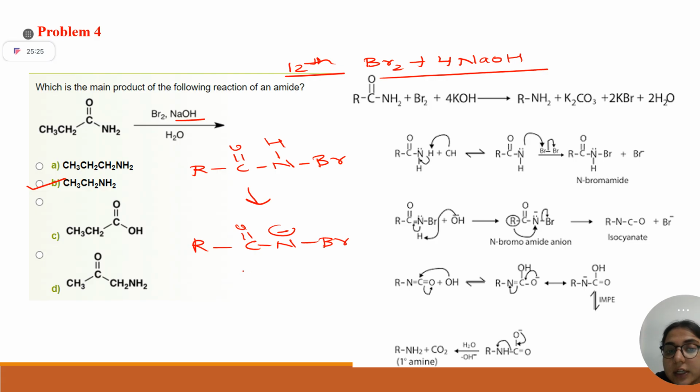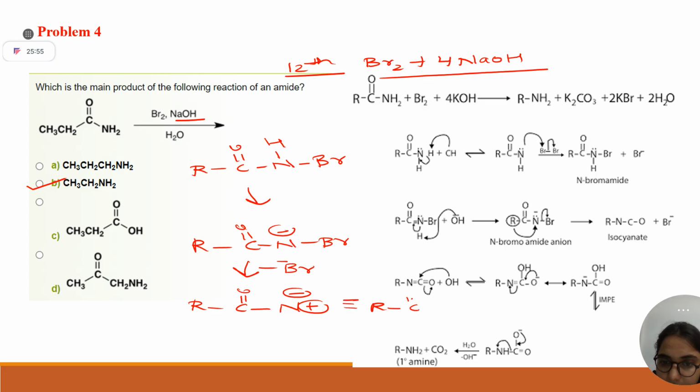Now, if you can recall your carbene reaction, carbene is carbon having both positive charge as well as negative charge, right? You are already having nitrogen negative charge. Now, if this Br minus leaves, what charge it will leave on your nitrogen? Positive. So it is nothing but your nitrene intermediate, which can be written like this also: RCO and nitrogen having no lone pair. Correct?